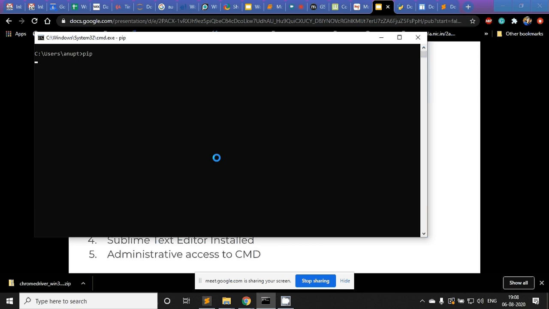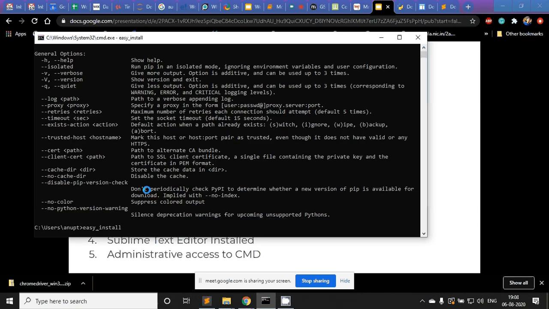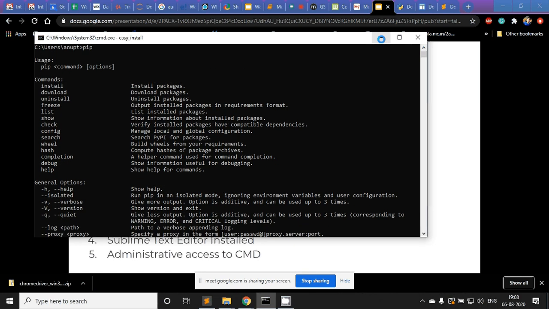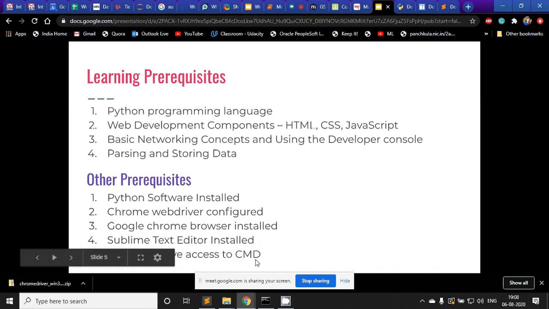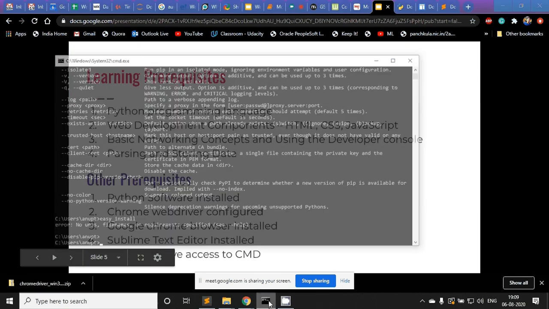These are commands which require admin privileges. So for that we need administrative access. Otherwise, we will need to use some proxy, which is not a user-friendly method. So for some days until we are having these classes, we will need the command line access to install some of the packages.